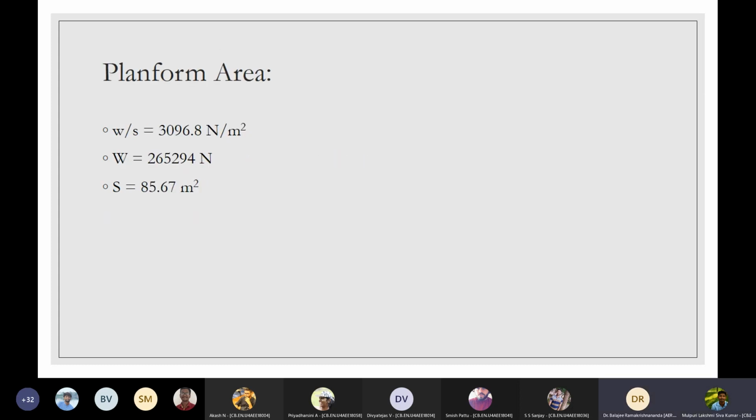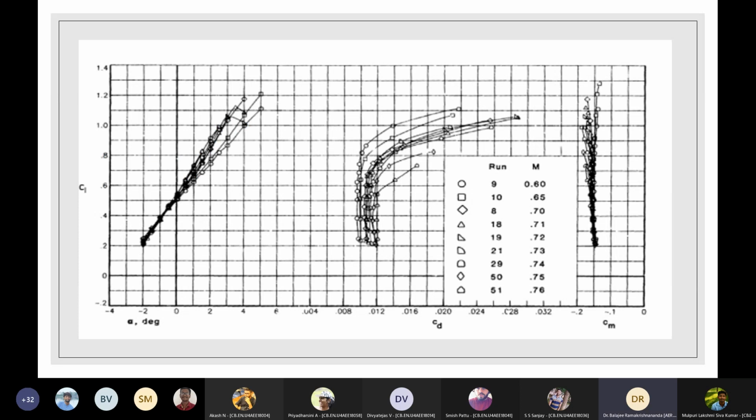Sivakumar, can you show the earlier slide? Earlier one, yeah. So which one of these graphs did you take? Sir, what are those symbols? What do those symbols mean? Sir, for different Mach numbers, sir. Mach numbers, okay. So you took for which Mach number? Sir, our cruise is about 0.79 Mach, sir. Okay. And we can observe the critical Mach number at 0.725. After Mach 0.725, we have a high increase in drag. So accordingly, we would give the sweep.